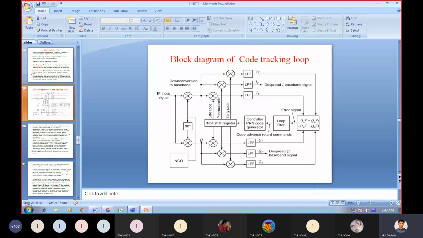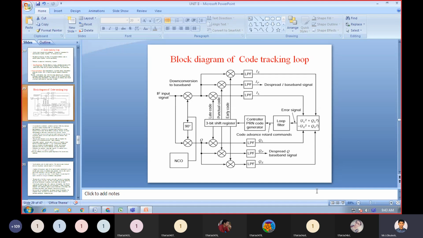Coming to the block diagram of this code tracking loop, you need to see the block diagram carefully. See in this diagram,